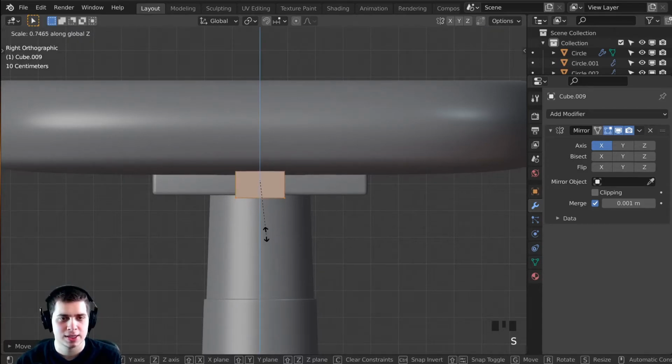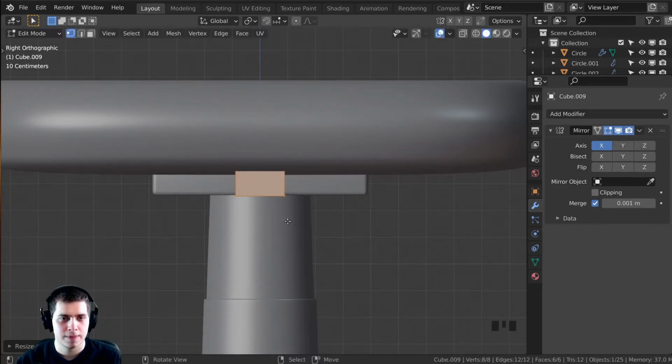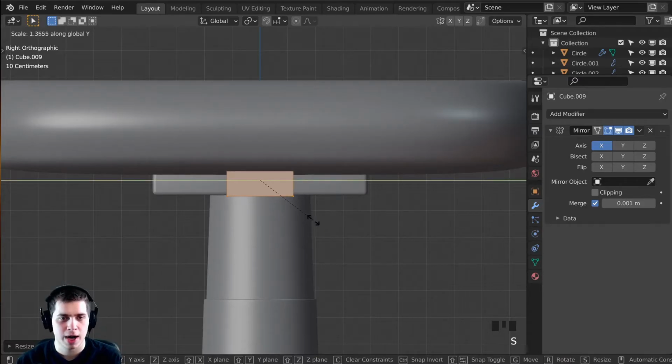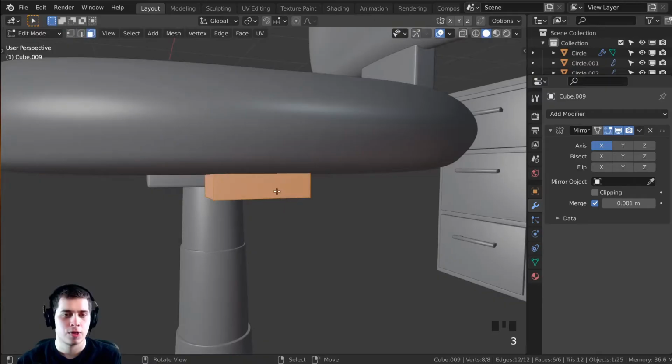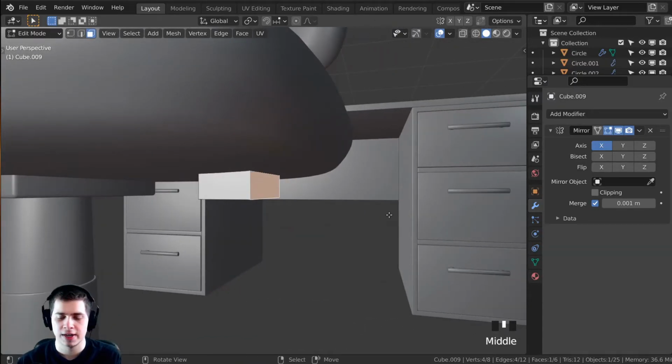So S and Z, bring that down a little bit. And then S and Y, and just make that a little bit thicker. Just like that. Okay, 3 for the face select. I'm just going to select this face. We'll go